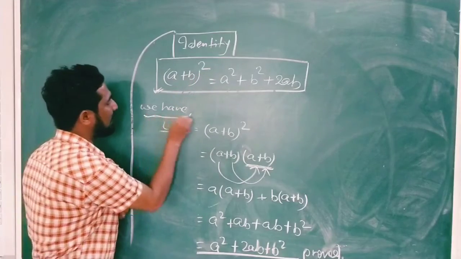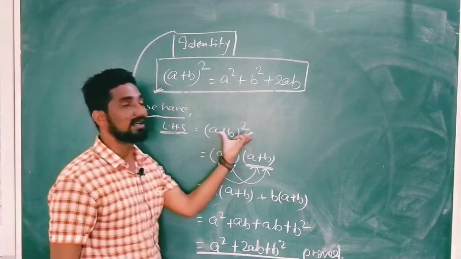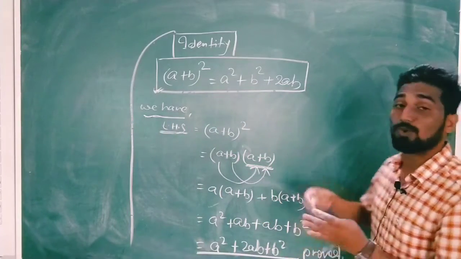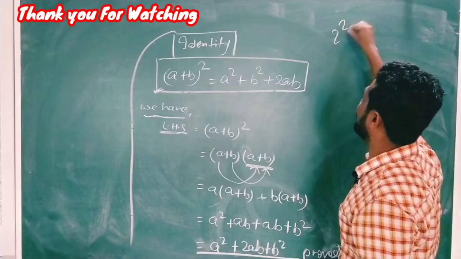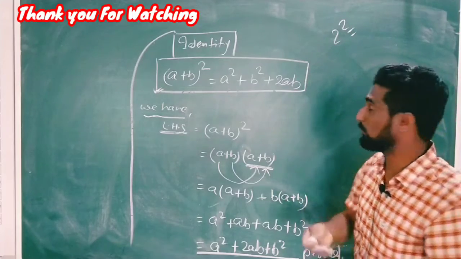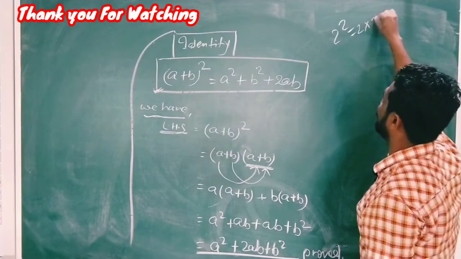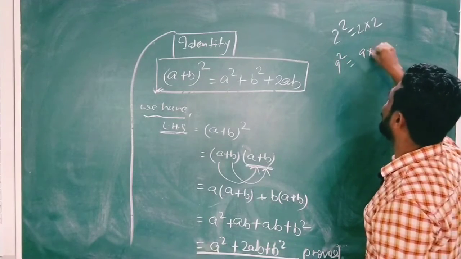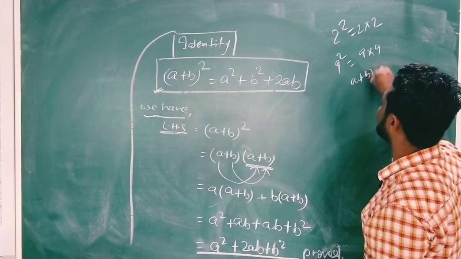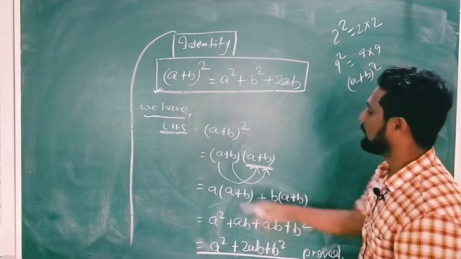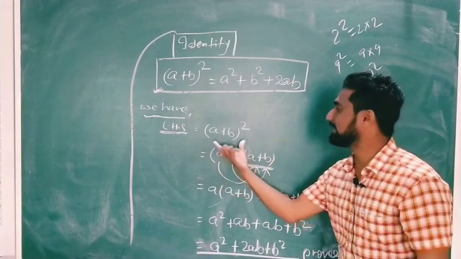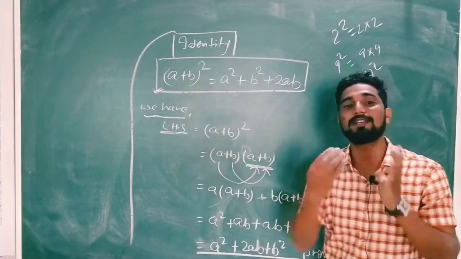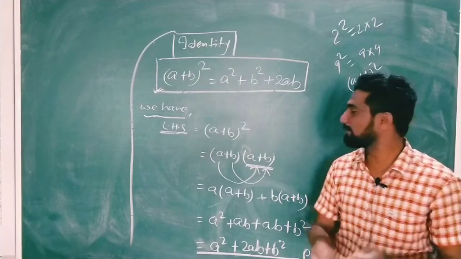So we have LHS and LHS is (a plus b) का whole square, and you must be knowing if anything is written with the squared power then what does it mean. 2 का स्क्वायर अगर कहीं पे लिखा होता है तो you must know this, it can be written 2 into 2. If anywhere 9 square is written, it means 9 into 9. So anywhere if it is written (a plus b) whole square, it means it can be written as (a plus b) into (a plus b), means a plus b is multiplied 2 times.